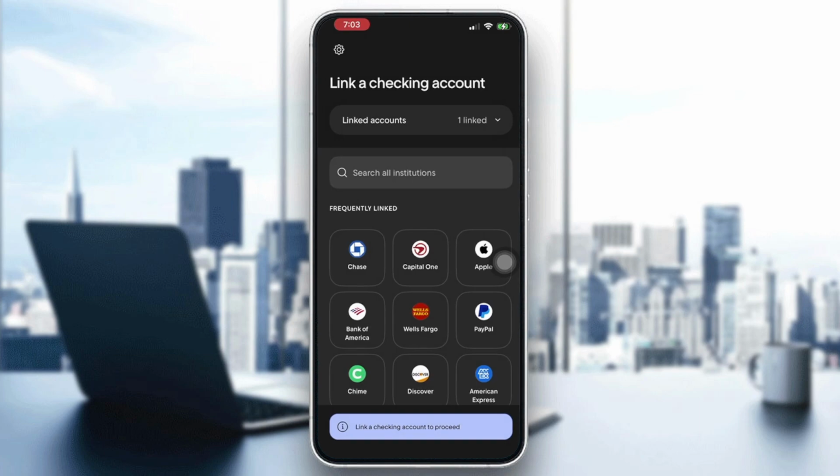So in today's video I'm going to show you how to delete your account in Rocket Money. Deleting your Rocket Money account permanently removes your account and all associated data, so this action cannot be undone. Before deleting your account, Rocket Money recommends canceling your premium membership, then any active bill negotiations, and closing any